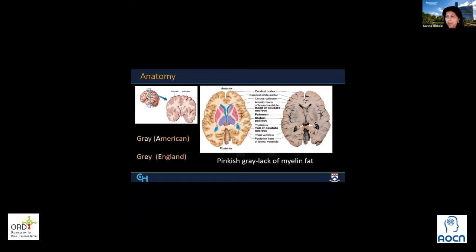Is it really gray? Is the color really gray? Actually, it's a little bit of a pinkish gray. If you have looked at dissections or cut specimens, we have these very interesting brain cutting sessions we go to and we learn from. And I always think it doesn't look gray. It looks more pink or pinkish gray. Anyway, so the gray matter is composed of, it stays in the cortex, in a group of nuclei in the